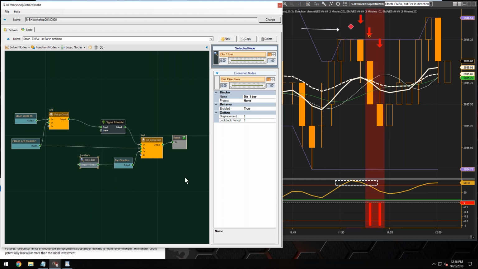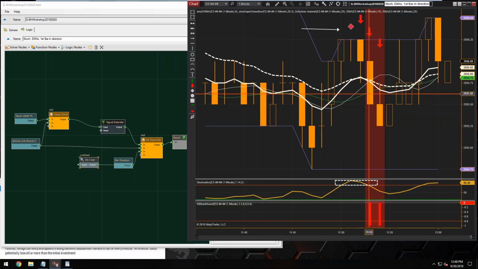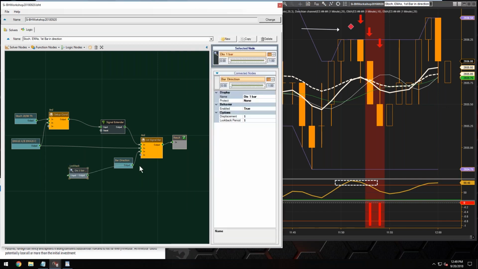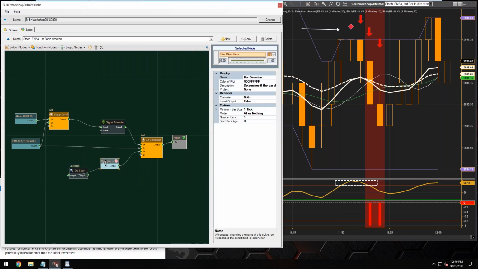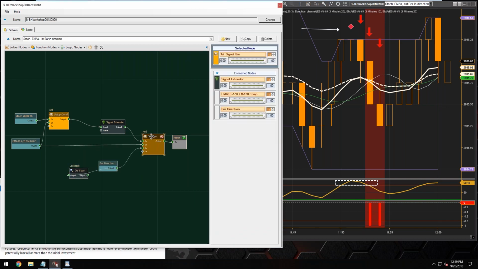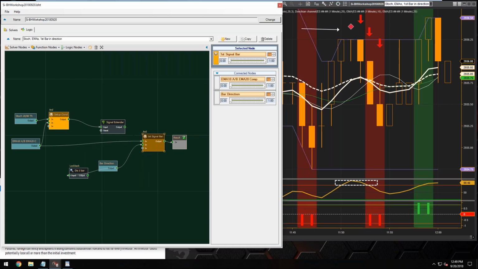Well, no, actually we should, because we're still getting, sometimes we might get 2 or 3 signals in a row. So if we want this to look nice and clean, let's see. Yeah, then what we can do,